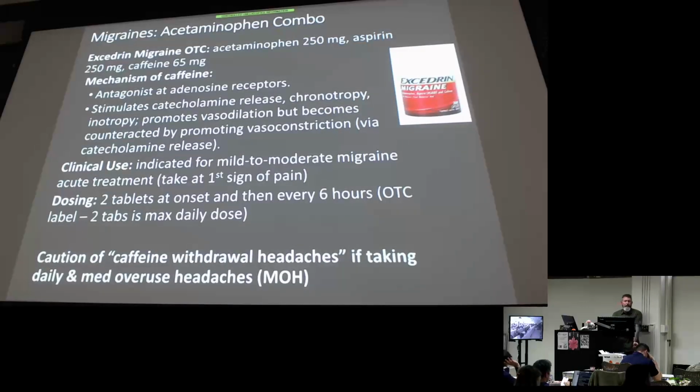So we can have an acetaminophen combo. This is the one you'll see patients obviously go over to, HEB, whatever, CVS. They pick up their Excedrin Migraine. It's okay as a first line option. For mild, I would say it's probably a good first line. If it's controlling their headaches, it's okay. The caffeine helps with the analgesic effect of the Tylenol.